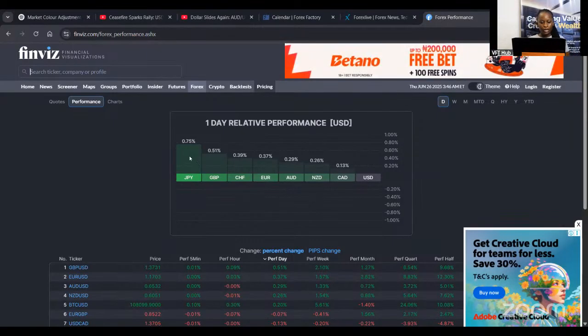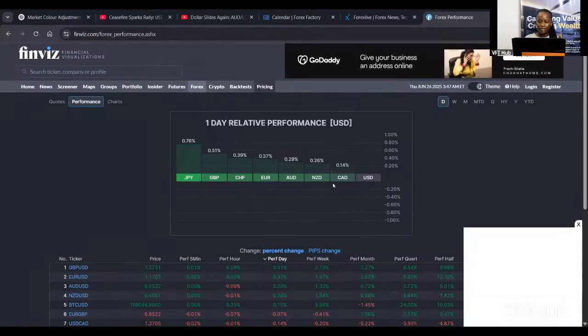So for now, we're looking at yen being the strongest, dollar being the weakest, understandably so. AUD, NZD, and CAD are gradually losing strength. They seem to be the weakest after USD, which makes sense if we're expecting temporary retracement into zones we continue to buy from, right? So yen is currently the strongest of them all. So if you want to pair a strong asset class versus a weak, outside of what we already looked at, you can pay attention to JPY versus the dollar, and that's USD JPY, or any other asset class that is a weak versus a strong.